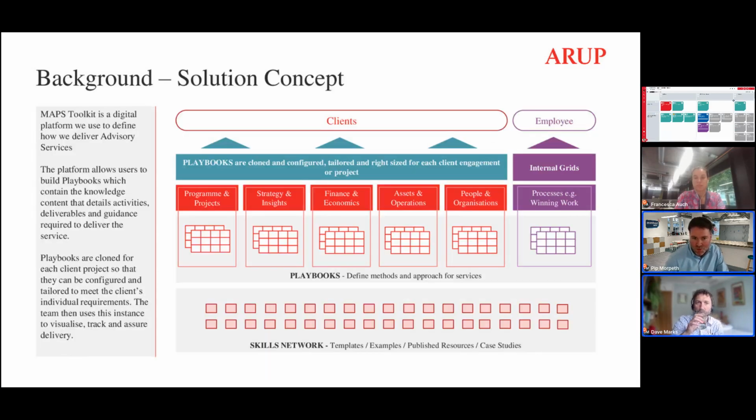So moving forward, Dave, quick overview on the concept that we designed. Yeah, so the concept again is relatively straightforward, in that the playbooks that we develop within Method Grid, of which the MAPS toolkit that you'll see today is just the first of many really,